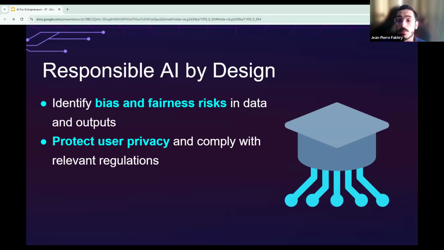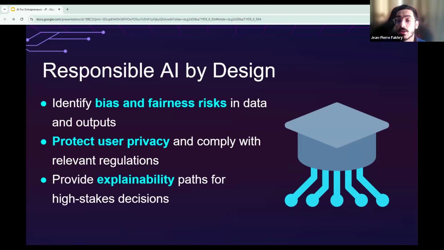Another point is privacy. Privacy is not just a legal checkbox. It is a trust signal that your target users will look for, especially in healthcare, finance, and education. These are very important points, and there is a lot of regulation around it. If you are operating in Lebanon with European users or investors, the General Data Protection Regulation, or GDPR, may apply, and it requires consent, the right to deletion, and data minimization. Even for local startups, these are very important.